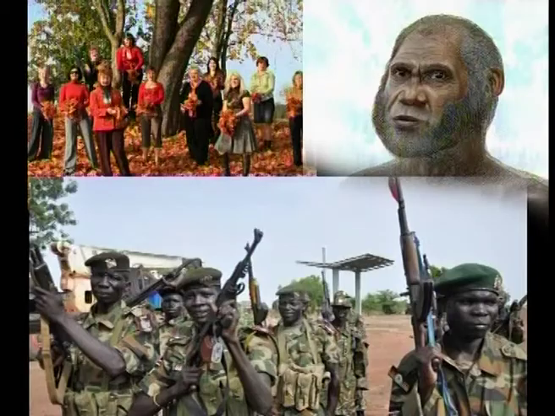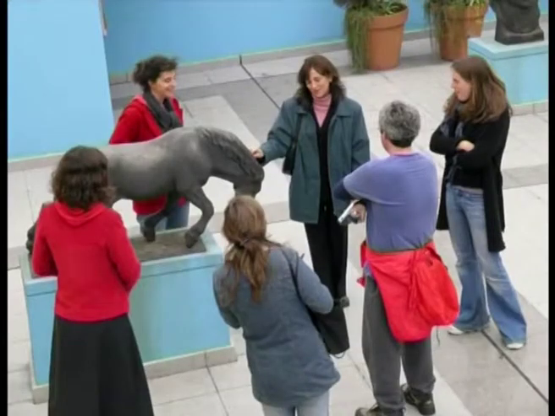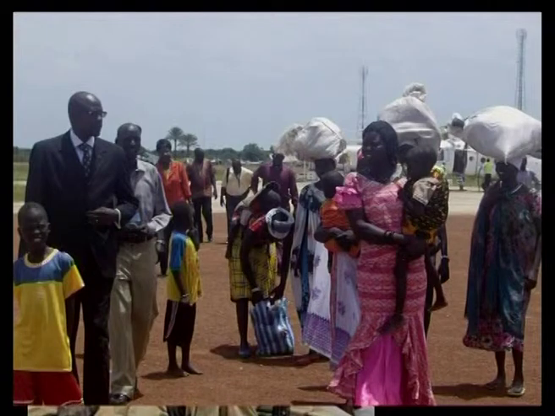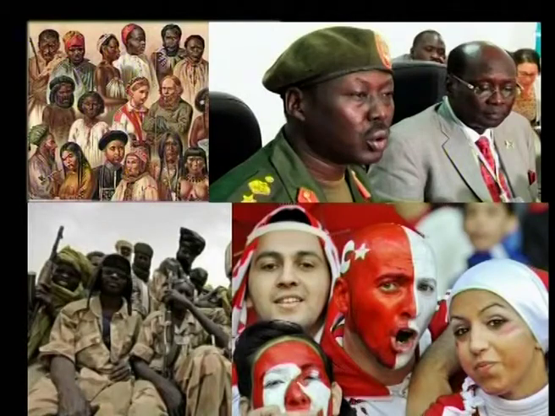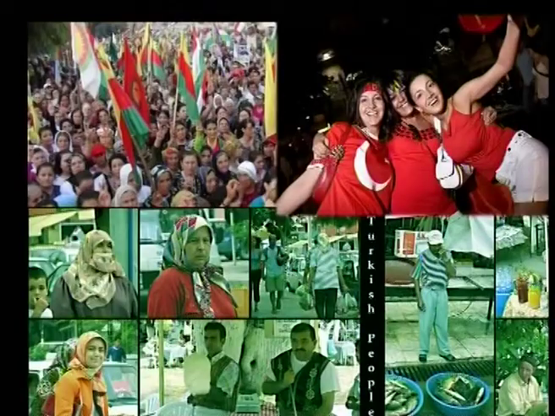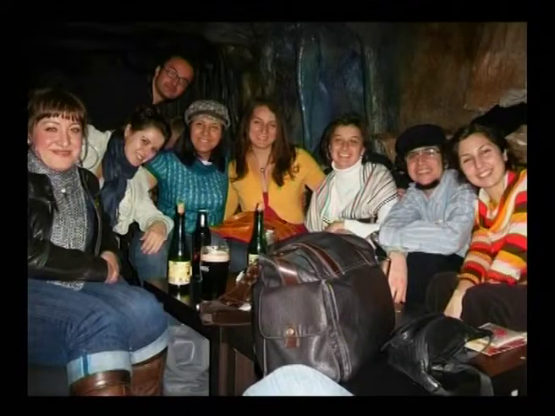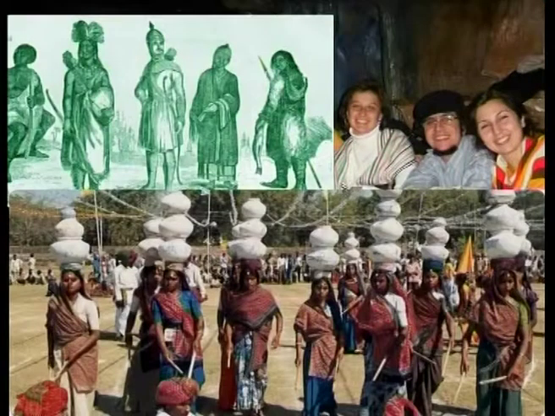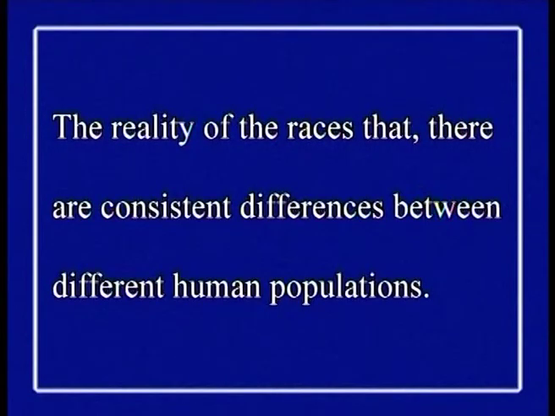If you look at different human beings from different parts of the world, you will naturally see the human variations. The human variations are not only in color but also in appearances, also in the body structure, that is called anatomy. So there are so many different variations among the humans around the world that we tend to think race is indeed a genetic as well as an environmental result. The reality of a race is that there are consistent differences between different human populations.